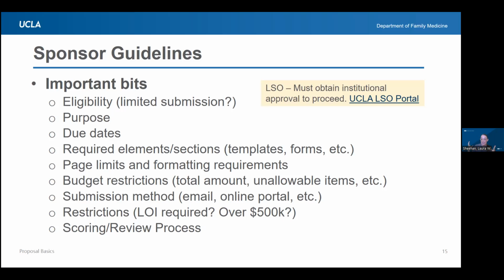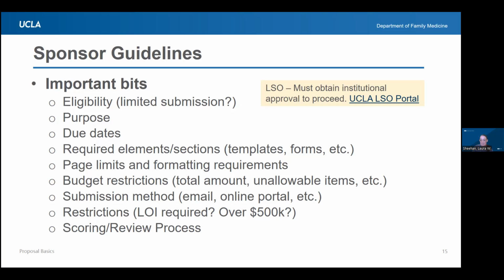If you are at a large academic institute, you would likely have something like this. If you are at a smaller institute, reach out to leadership, reach out to any colleague who might be interested to make sure you are the only one who's going to apply. Because if more than one of you apply, both of you will be ineligible and they won't even score it. It'll be thrown out and you will be disqualified, and you don't want that to happen. So step 1, make sure you're eligible.